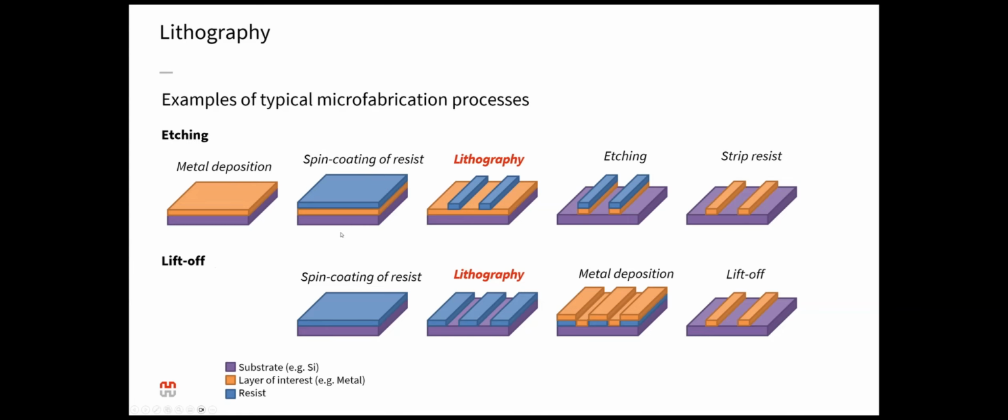What's common is that in the lift-off processes, usually we want to deposit some structures on top of the surface, and this usually happens through a metal deposition. While in the case of the etching, we want to remove materials. So for example, we use a reactive ion etching to remove some structures, and the lithography provides us this masked region where we don't want to remove some specific materials.